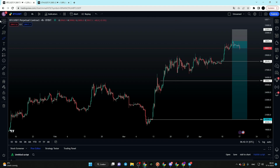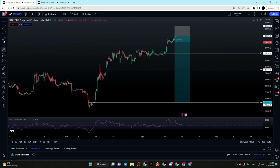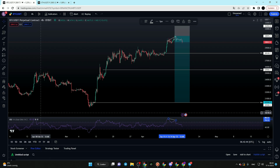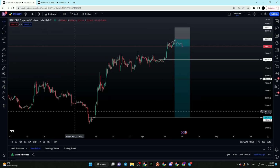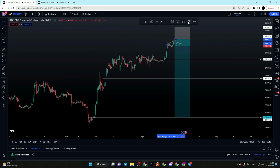Okay, so first of all, Bitcoin, as we can see, if we switch on the relative strength index, we can see that it started forming that hour 4 bearish divergence that I have been talking about. So I started building the swing short, and currently it is in very nice profits. The exact entry points, stop loss and take profit targets got shared in our VIP channel, and currently we are